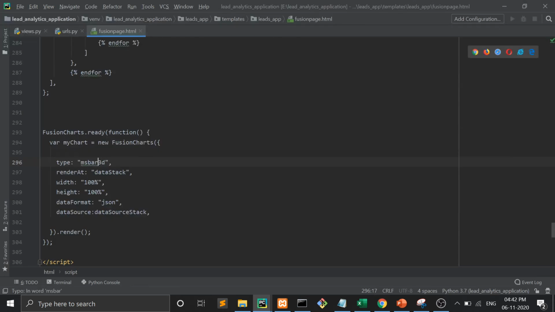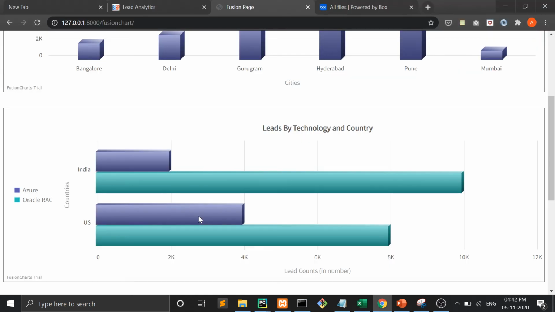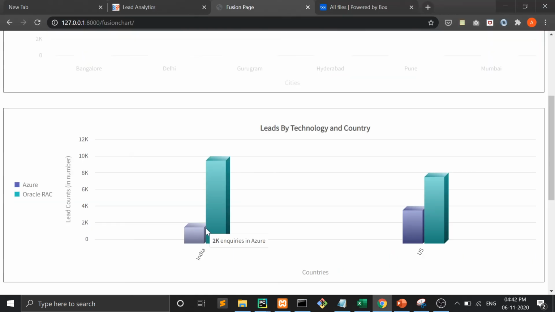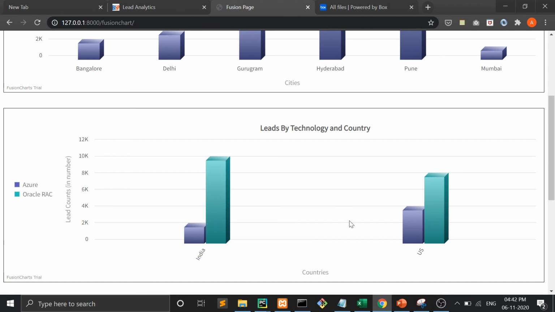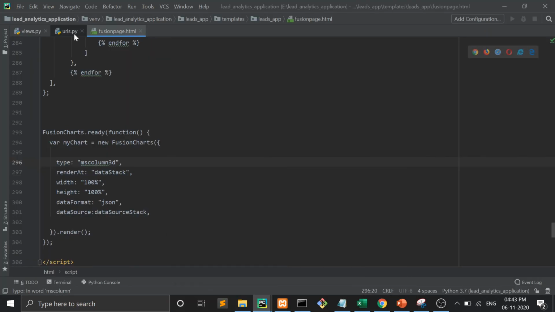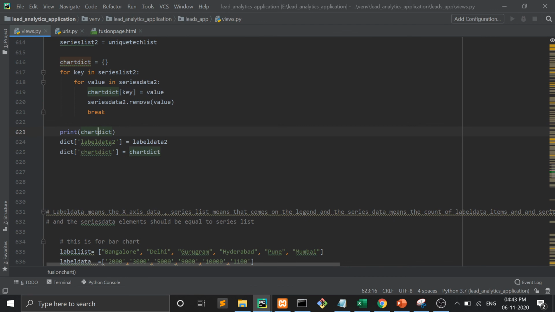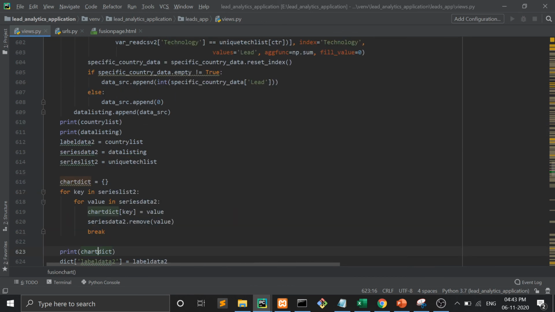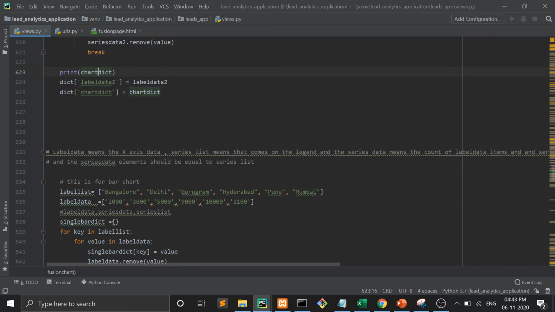Now if I write MS column, look at this. So in this way we can show the same data in different charts. The main thing is that you need to understand the procedure, how the data is extracted and how the data is displayed. So this is how we extract the data.